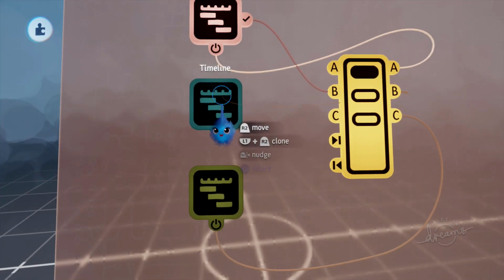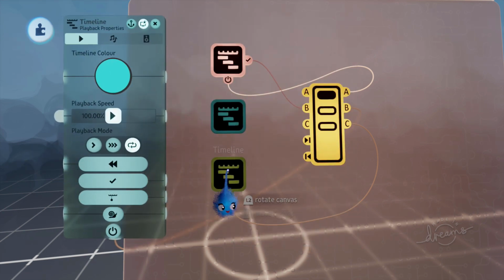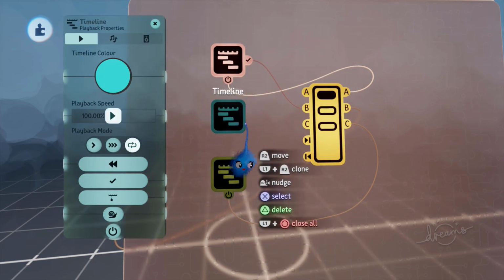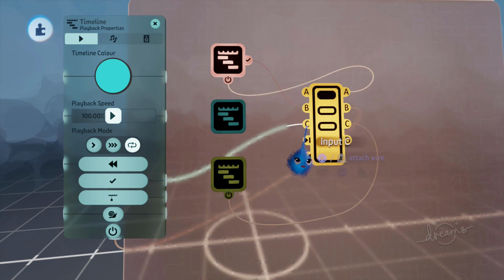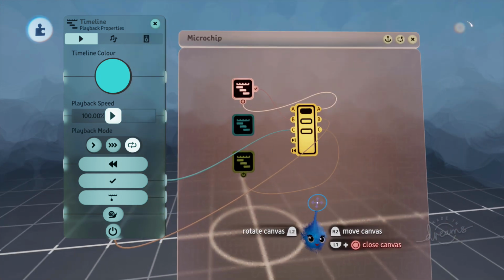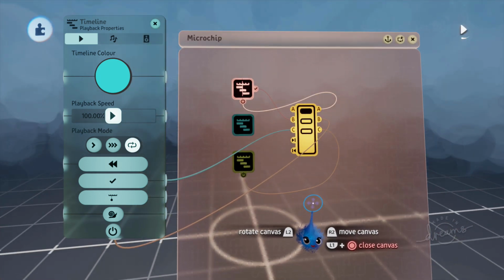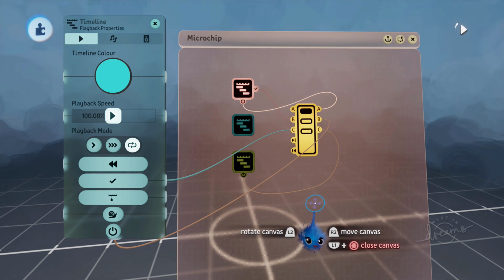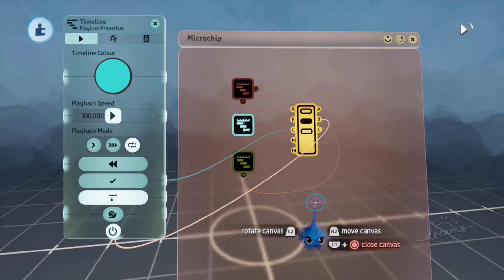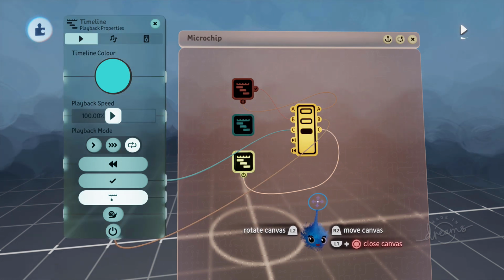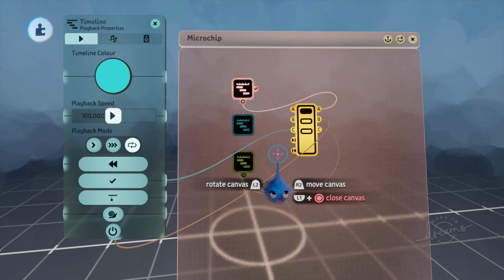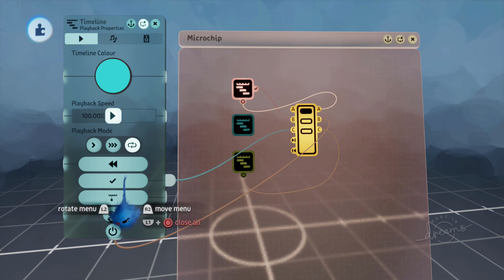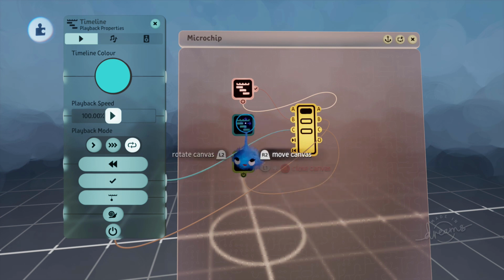However, we want C to play after this is played twice. Now, if I was to just do on end trigger to C, let's see what it does. So it didn't loop, it just went straight to the next one, because as soon as it got to the end, before it had a chance to do the next loop, it went to C. So we need some way of